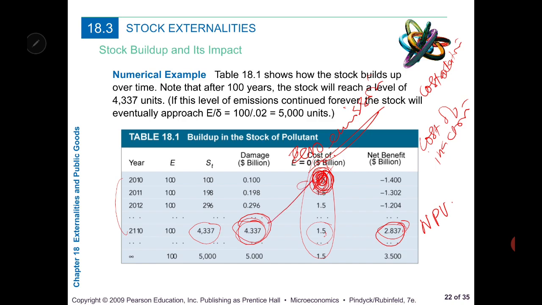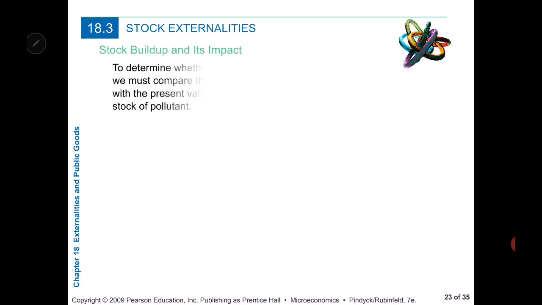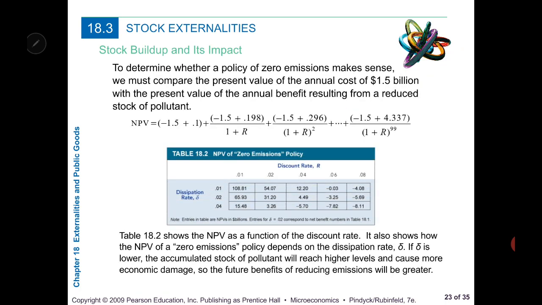So how do you compare this? Of course, this is better. Although you spend money now to avoid pollution, it is still cheaper than the cost of trying to cover the damage from the pollution 100 years from now, even if you have an NPV. So you can read this example, the NPVs,